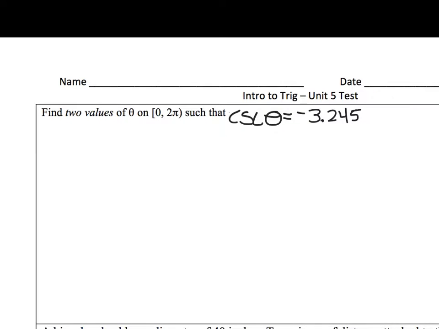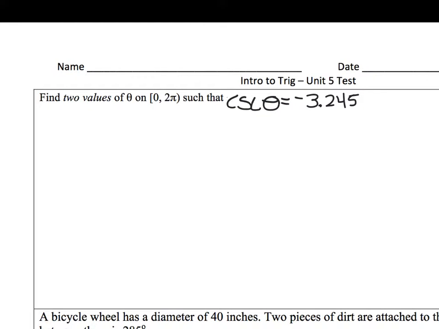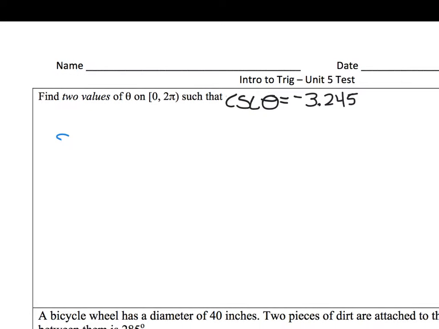So first thing about this problem is that it involves cosecant, and cosecant's not very friendly to work with. So I'm going to go ahead and begin by changing this to the reciprocal, which is sine. So I'm going to say that the sine of theta happens to be 1 over negative 3.245. Now I realize that I'm needing to find the specific value of theta, which means we're going to have to